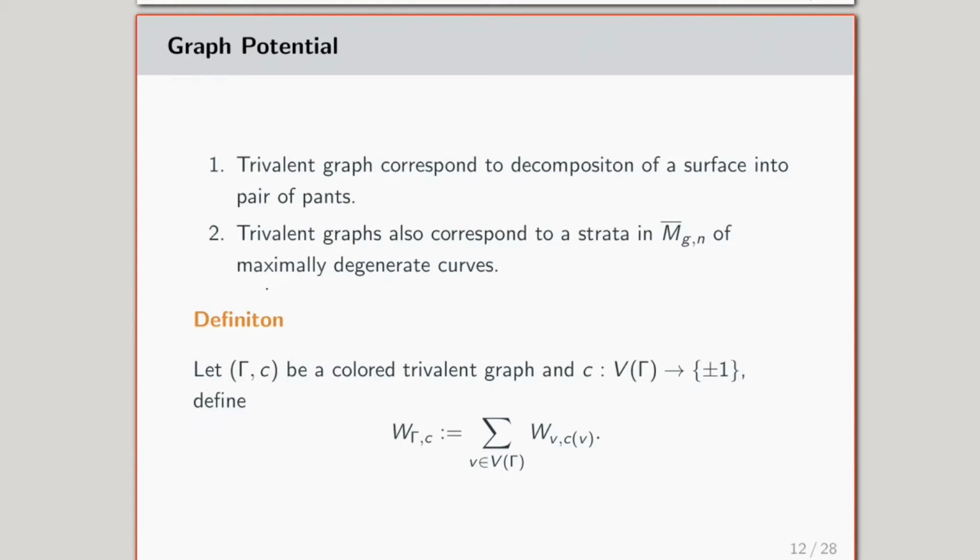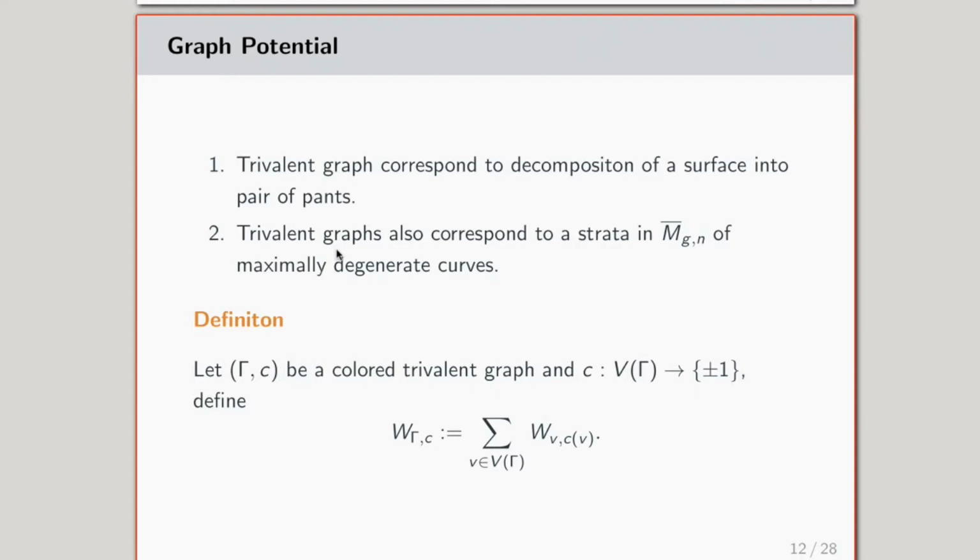And I'm going to define the graph potential for any trivalent graph. So what is a trivalent graph? A trivalent graph is a graph that is not necessarily closed. It could have half edges, and the valency of every vertex is 3. These trivalent graphs appear in geometry quite intensely. One of them takes care of the data of a decomposition of a genus g surface into pairs of pants. Trivalent graphs also correspond to the deepest stratum in the moduli space of curves of genus g